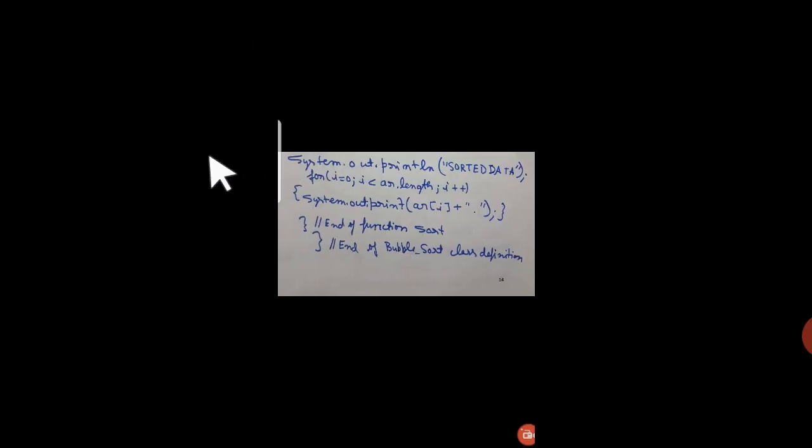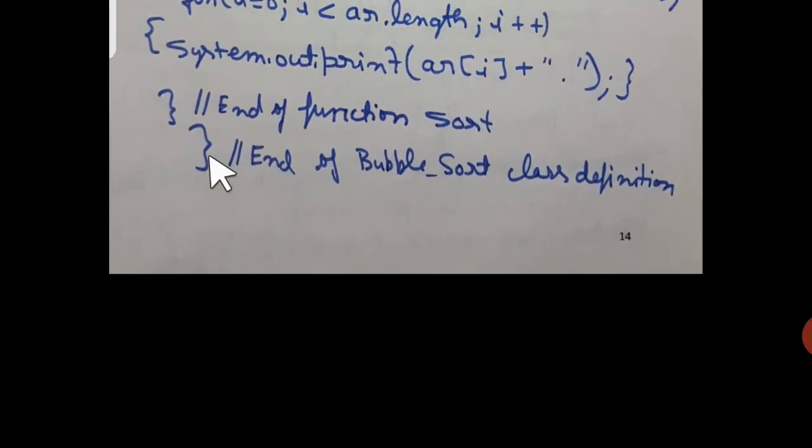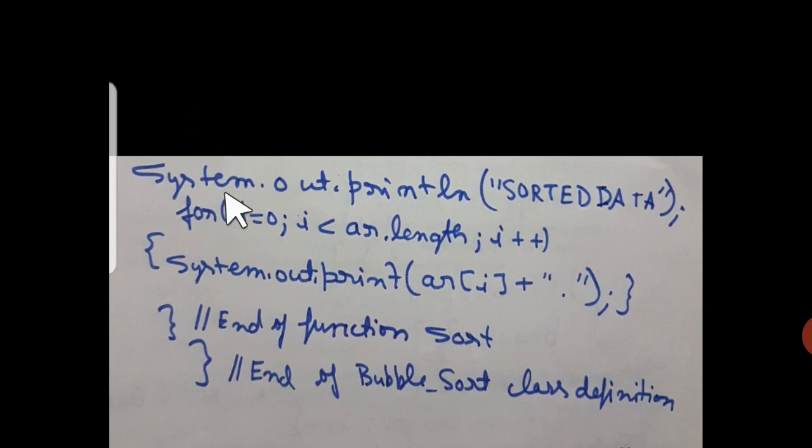After that, students, you can display the sorted data, which is very much here. So System.out.println sorted data, for i=0; i less than ar.length; i++. Students, wherever I speak equal to, basically I am talking about the assignment operator. Okay, so System.out.print(ar[i] + " ") with parenthesis close and semicolon. If you want to put a comma, you can put a comma here, not a problem.